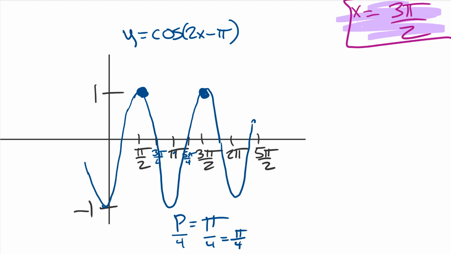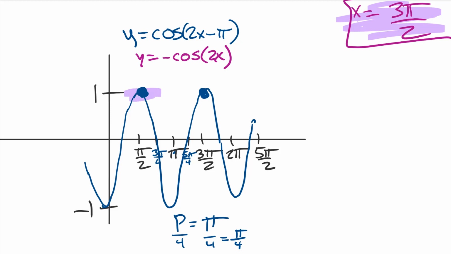That looks like negative cosine. So sometimes these will look like something else. To me, I think that's the same thing as y is equal to negative cosine of 2x. I think that's the same thing. But whatever. You don't actually have to graph these yourself. You just have to be able to read them. So you want to know